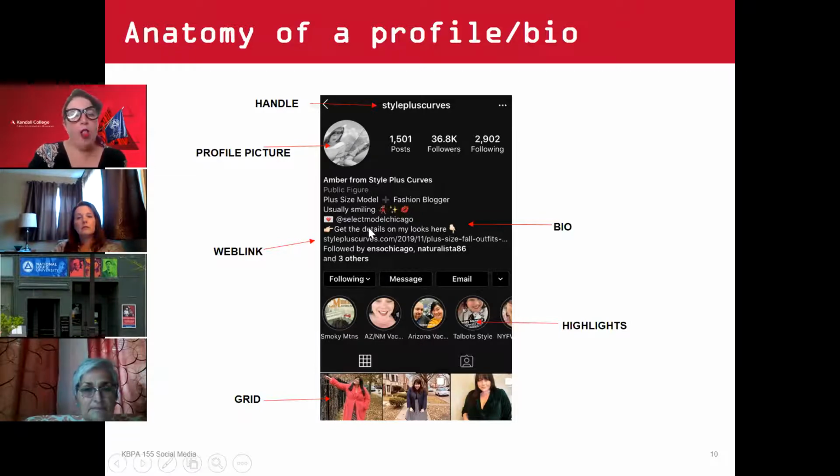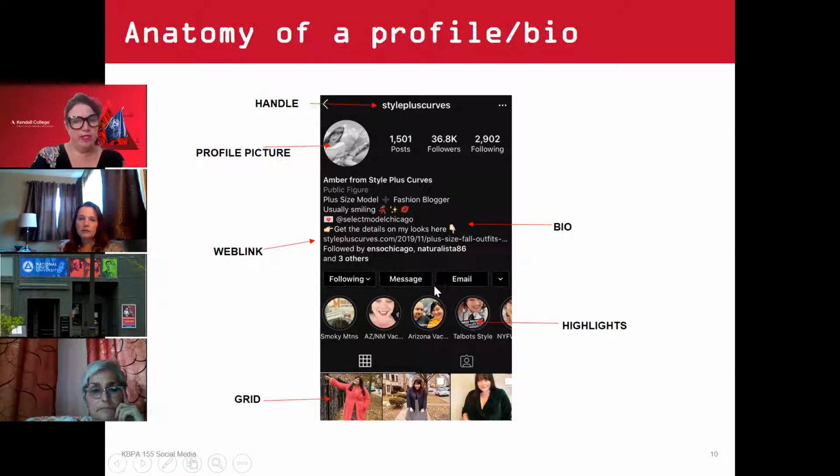So then we all have the ability, whether you have an account as private, personal, or a business account. Those are 3 different kinds of accounts that you can have. We all have the ability to put a web link in it. So that's a way to actually bring people to somewhere else on the internet. Maybe you have a blog, maybe you have a business that has a website. So that's a place for you to put another funnel for them to go off to where you may want them to get more information and learn more about you.